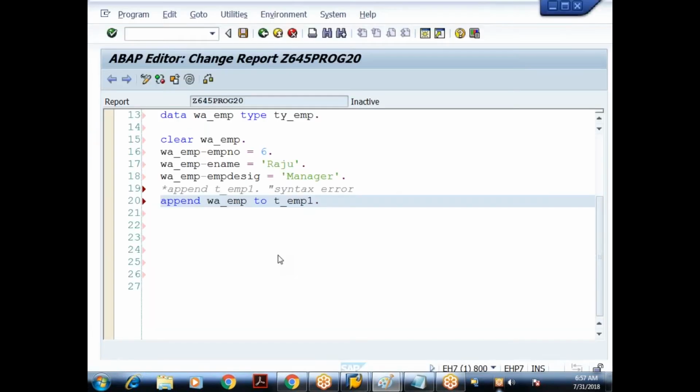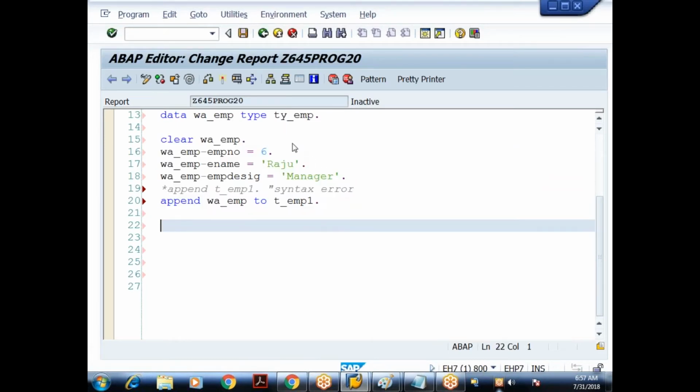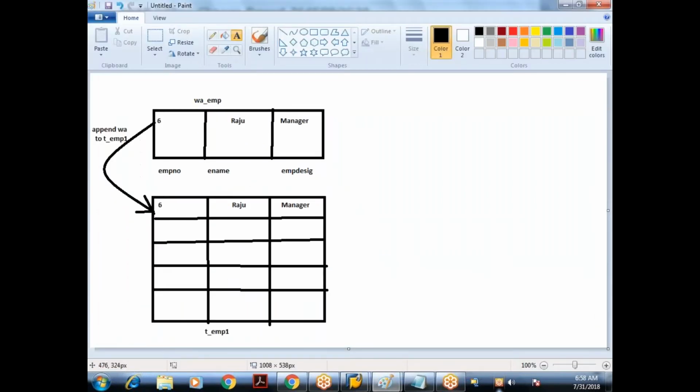Okay. Repeat this process for the rest of the records. Let me insert one more record, 12. Done. Again, when you clear the data in the work area, this gets cleared. Now, when the clear statement is executed, it will clear this old data.